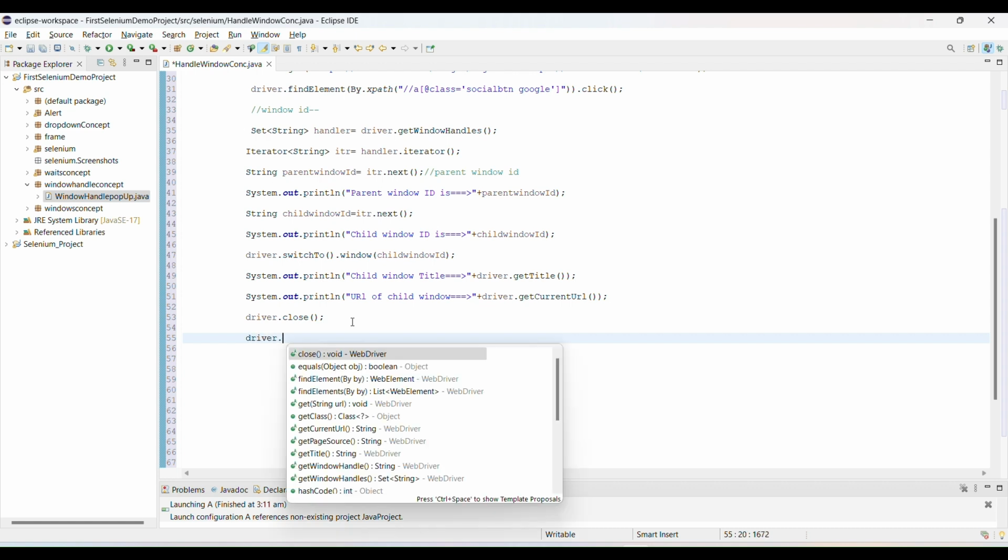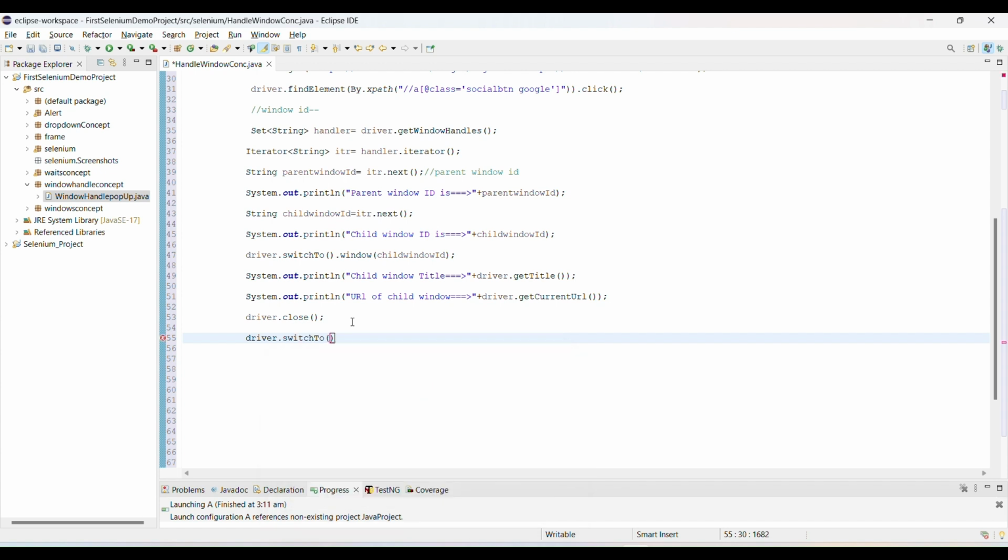Simple, driver dot switchTo, I'm going to use dot window, and then I will select the parent window because I want to perform tasks on the parent window. Then I want to check the title of the parent window, right? So right now my cursor has moved to the parent window, so the parent window is selected, right? So now I want to check the title of the page.